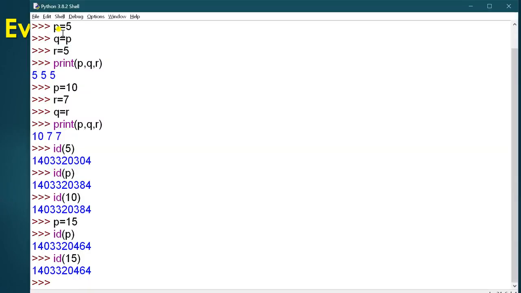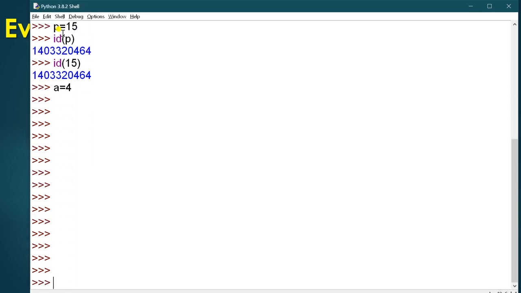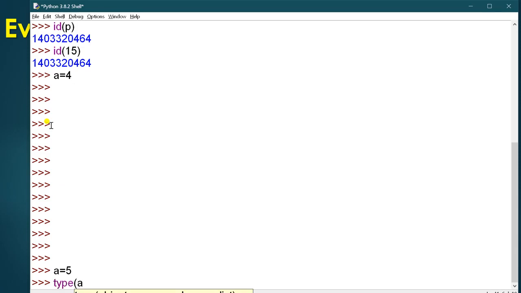So here I am showing you, first, the type of the object. For example, this A stores the value 5, and if you want to check its type, type(A) will give you the int type.